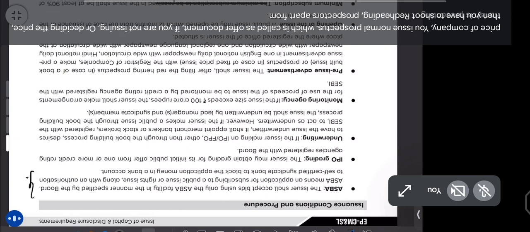Apart from that, you have to go for ASBA, that is application supported by blocked amount. You have to block the bank account of all the people who apply for buying your shares. You have to get your IPO graded from a credit rating agency who are a different type of intermediary we saw earlier. You have to appoint underwriter. You have to make advertisements before opening the IPO, and you have to appoint a monitoring agency if you are trying to raise more than 1,000 crores.